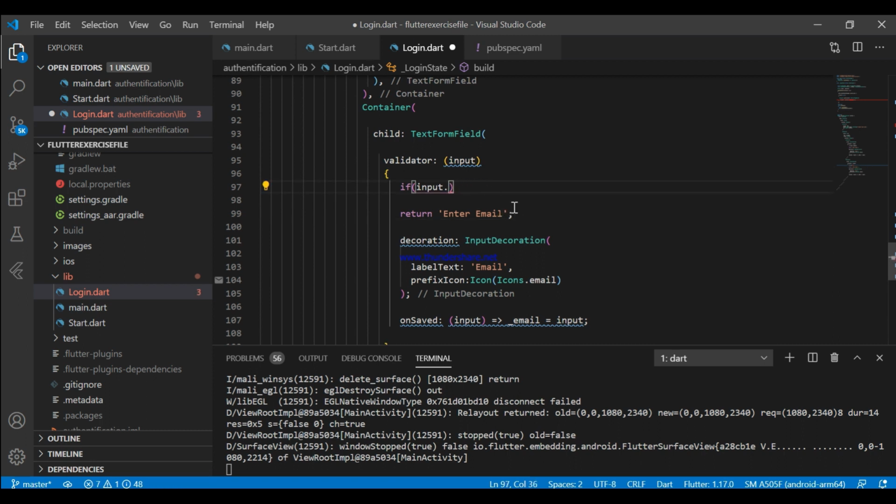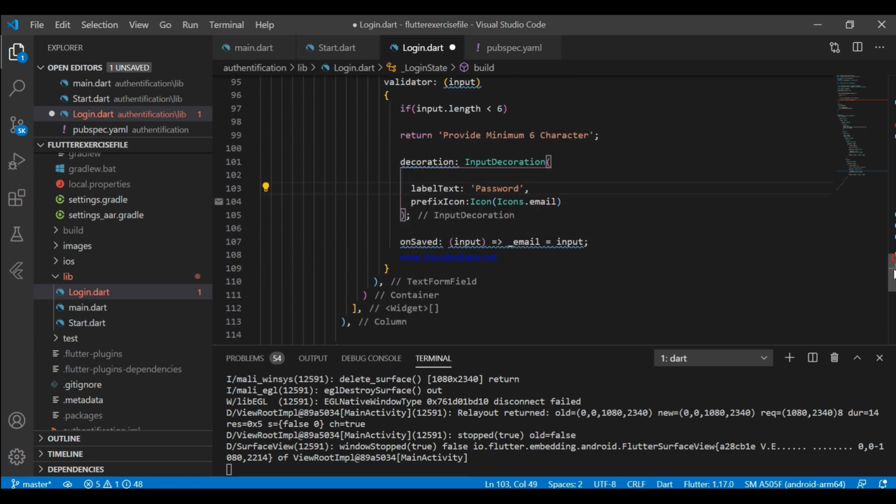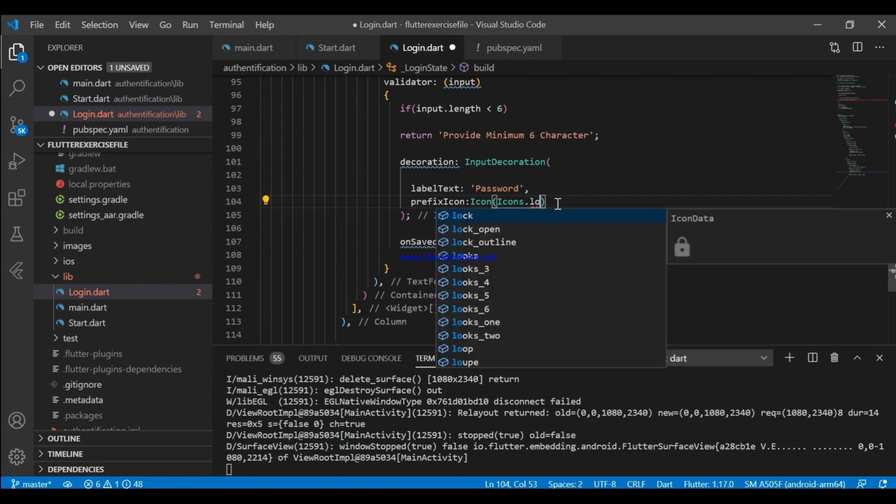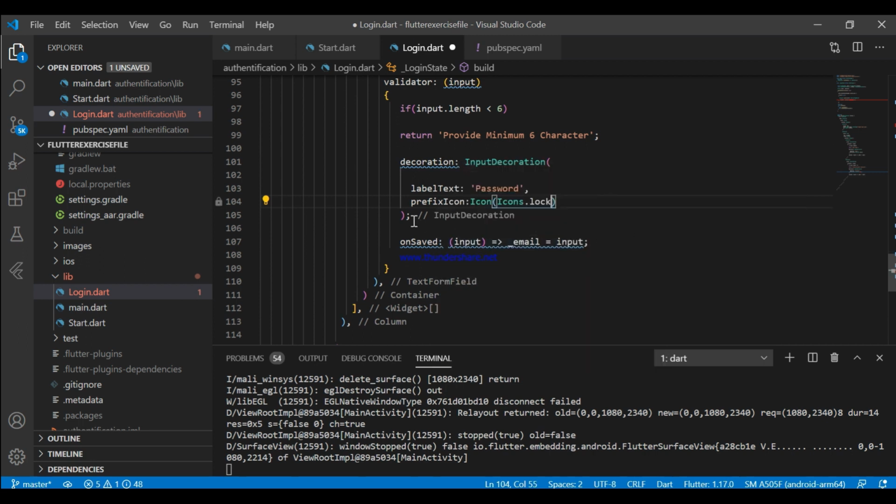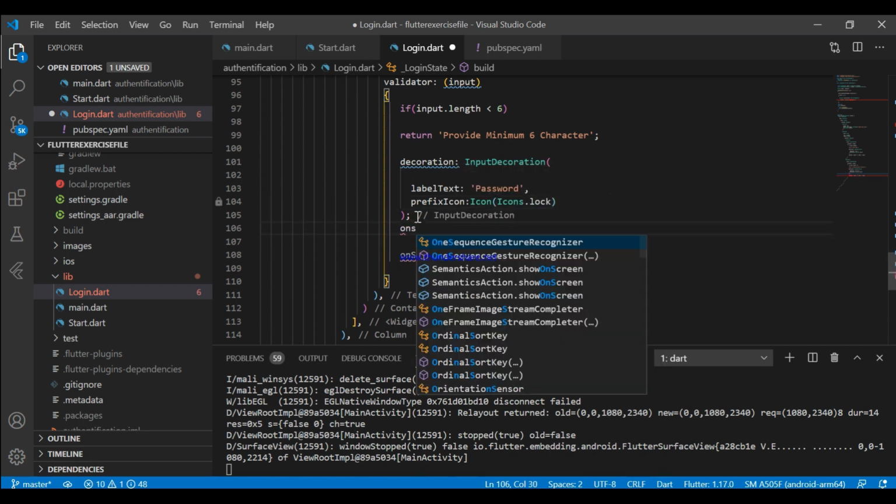For password we need to add an if else condition here, which means if length is less than 6, which means if the user has entered a password of less than 6 characters, then we'll throw the user an error message like provide minimum 6 characters. And in prefix icon I'm using a lock icon.